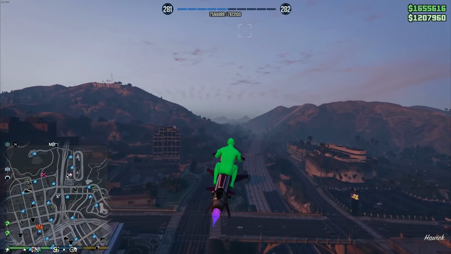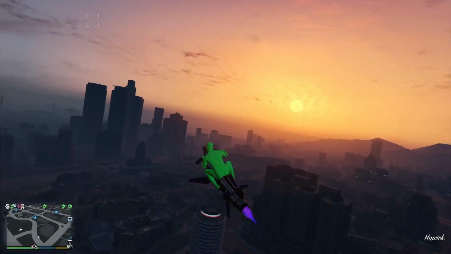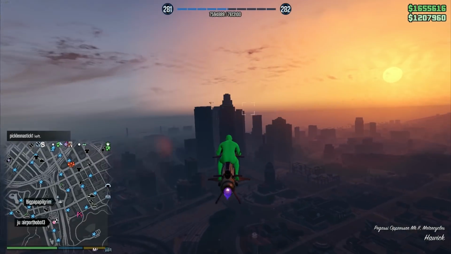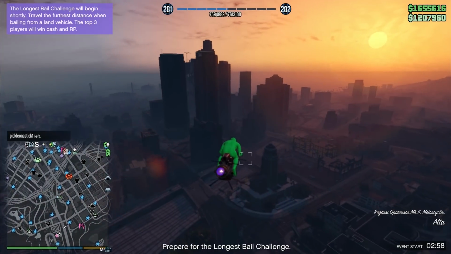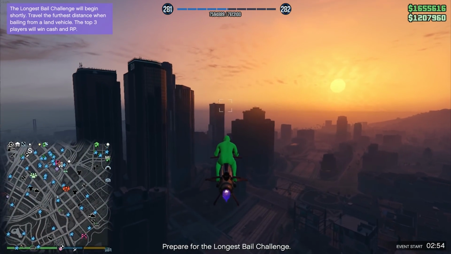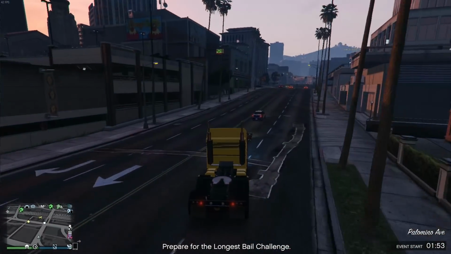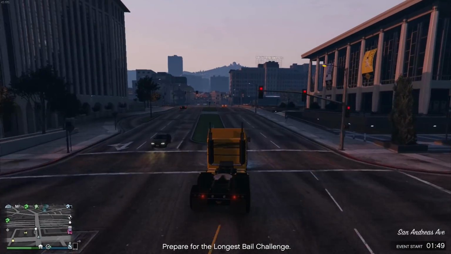So if you're just looking for an all-around vehicle to help you out, either to kill other people or take out NPCs or just get around quickly during a mission or something, the Oppressor Mark II is the vehicle. It can fly, it can take people out, you can call it instantly. It is just so useful in the game. But it is only my number 2 vehicle because the number 1 vehicle, if you're looking for something that you